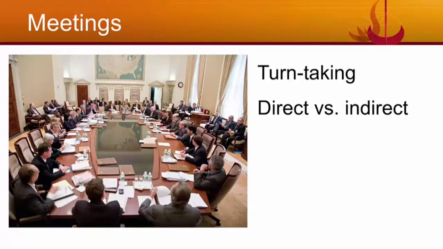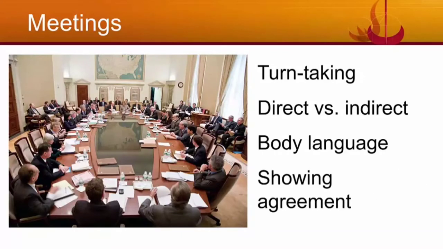And then there's also the use of direct and indirect language. When would you use direct language? When is it appropriate? Sometimes indirect language might be appropriate in a meeting where there's a lot of controversy. It really depends on the situation. And body language is also important. We'll have a short video later on about body language, but you can make use of your body language to enhance your message. And also different ways of showing agreement or showing disagreement, negotiating skills in a meeting.